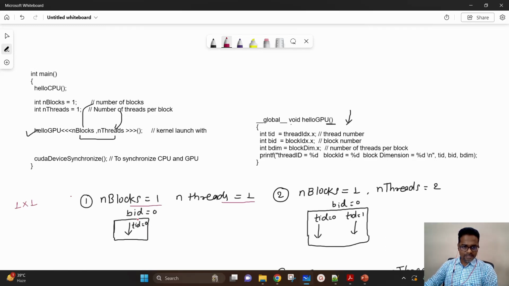Now I have created one block, which is going to have ID equal to 0, and inside that block I'll have one thread with ID equal to 0. Why? Because in the earlier episode I mentioned that both thread IDs and block IDs are indexed with starting value as 0. Now one thread is created, and for this particular thread we are going to create some variables tid,